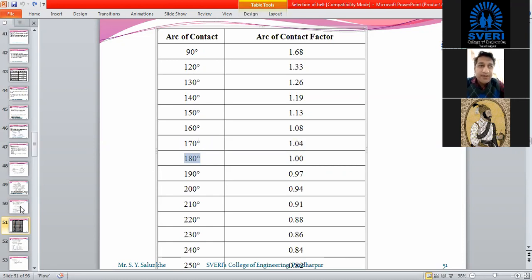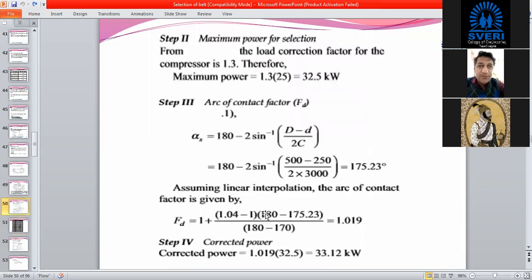Here you are going to see this interpolation. This value will be 1 plus the value with the smaller angle minus the value with the bigger angle, that is higher value minus smaller value, multiplied by the higher value of angle minus the actual smaller value of angle, divided by the available values, and hence it is coming as 1.019.